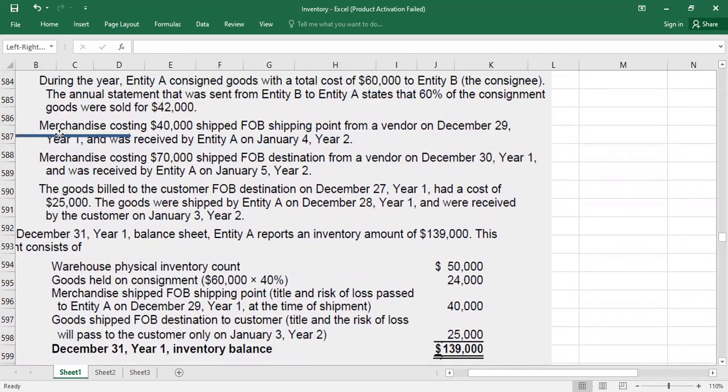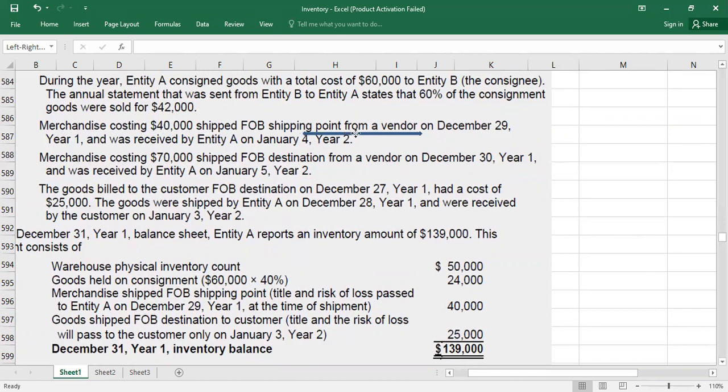You can look at here. There's merchandise costing $40,000 shipped FOB shipping point. So stop here and you can recall the concept I told you under FOB shipping point. If the goods have been handed over to the shipping company before the year end, it means the buyer will consider the inventory. And here you need to know whether you are the buyer or the supplier. So here merchandise costing $40,000 shipped from a vendor. It means your entity A is a customer, and now you just need to confirm what is the date of